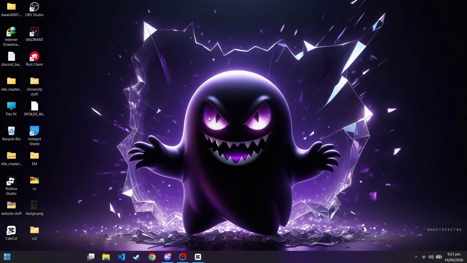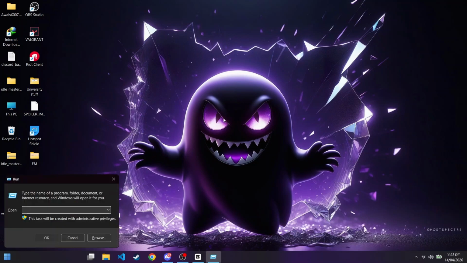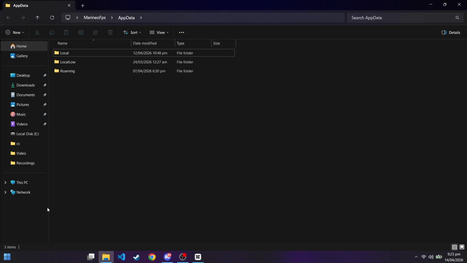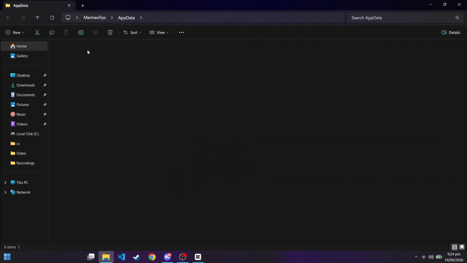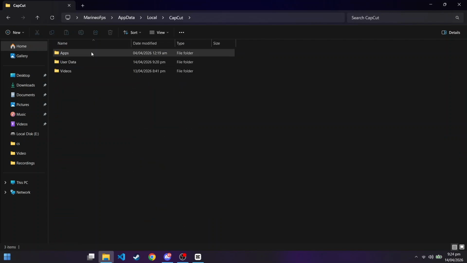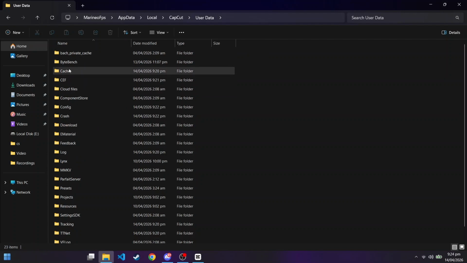Now I will press Windows key plus R. This little box will open. You will need to type appdata into the box and press enter. These three folders will open. Now you will need to go to Local. If you don't see Local, you will click on View, go to Show, and make sure hidden items is checked. So now I will go to Local, go to CapCut, then I will go to User Data, Cache,